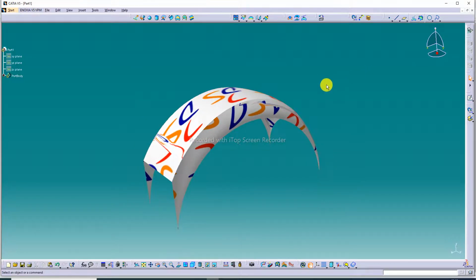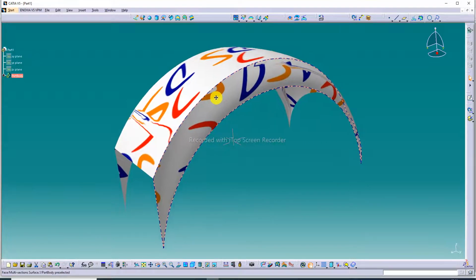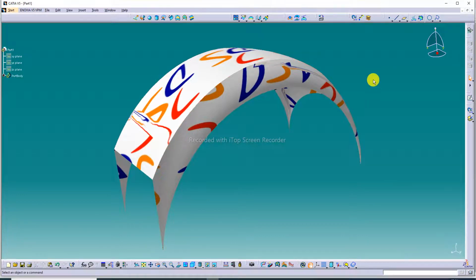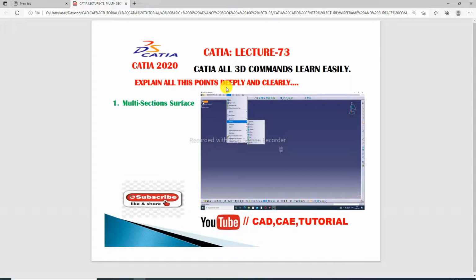Okay guys, correct. This is correct. Perfect guys. The multi-section surface is finished, and these are all kinds of multi-section surface, and guys, more multi-section surface